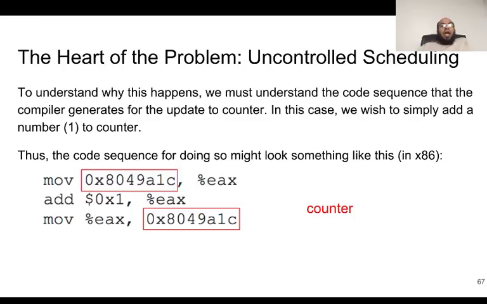Okay, as you move the value in your counter into EAX, the register, it's a register called EAX on the processor. So you move the value, whatever value is in the counter, to that register on the processor hardware, and then you add 1 to EAX, okay, and then you move EAX back to the counter